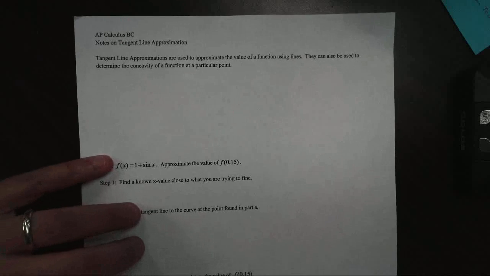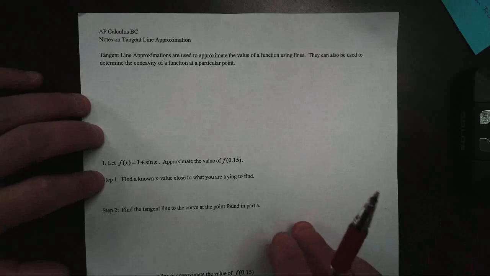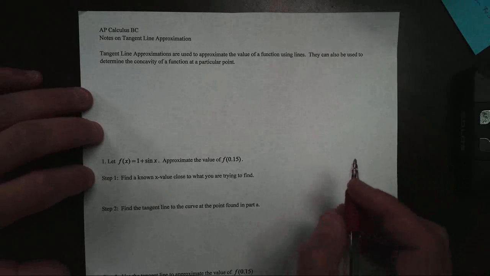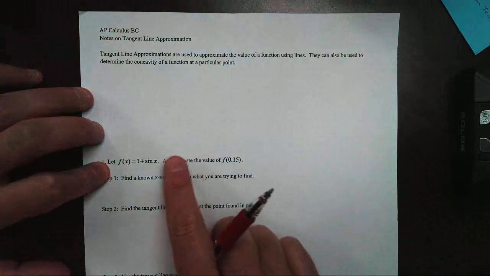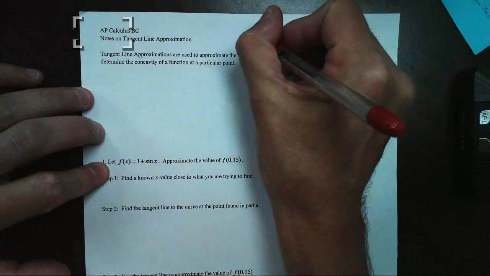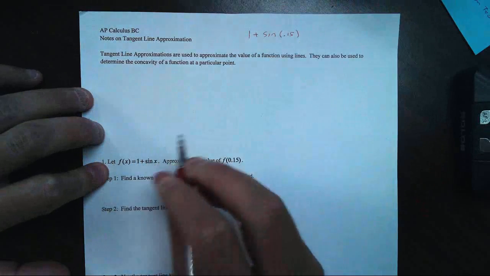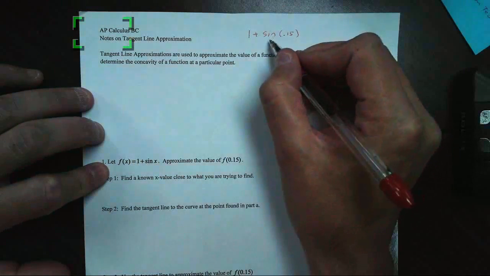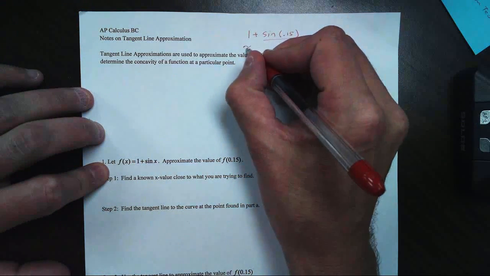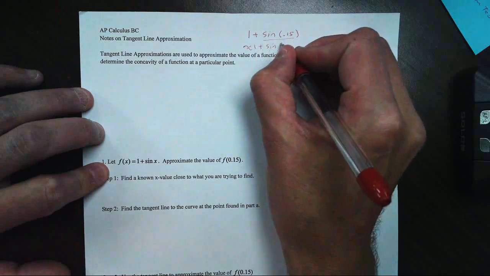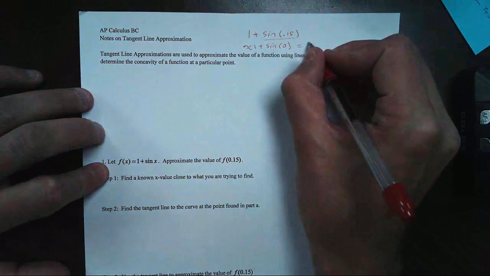Hi, today we're going to look at tangent line approximations, one of the more unique and neat applications of the derivative, I think, because it allows us to approximate close values. For example, we're going to be using 1 plus sine of x later on, but let's say we want to find 1 plus the sine of 1.5. Well, the problem is without a calculator, I really don't know that value, but I can approximate it by letting it be the sine of 0, because I know the sine of 0 is 0,